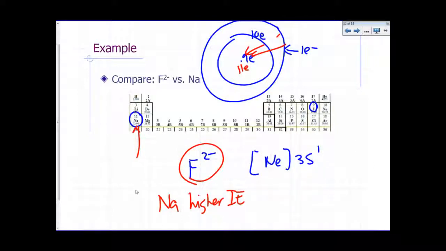And what about size? It would be the opposite. So F with a negative 2 charge, if it were to exist, would be larger